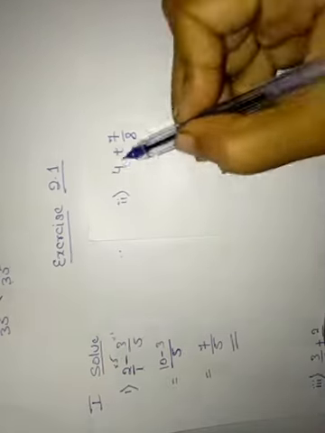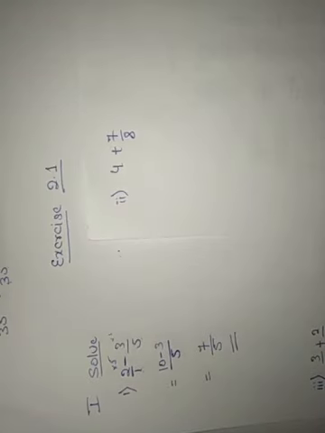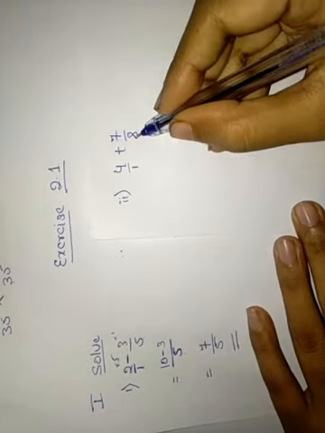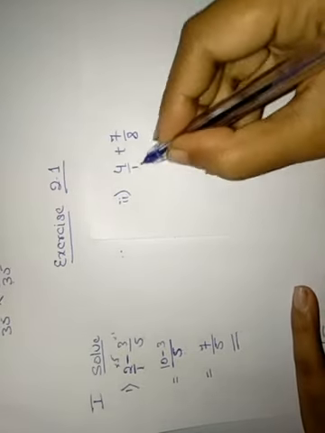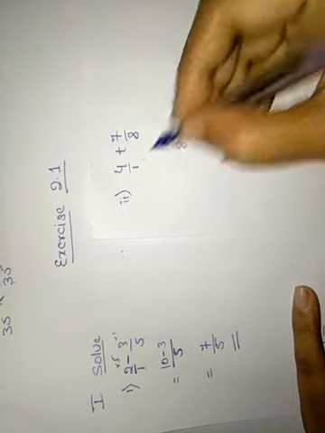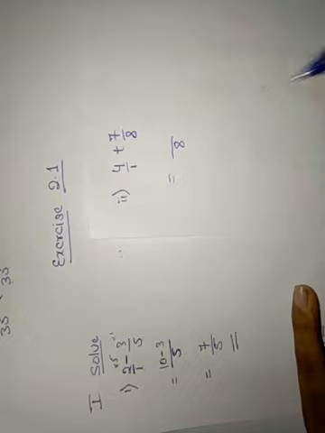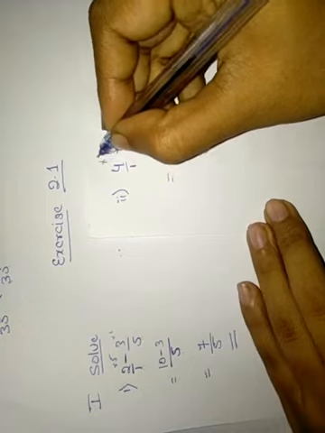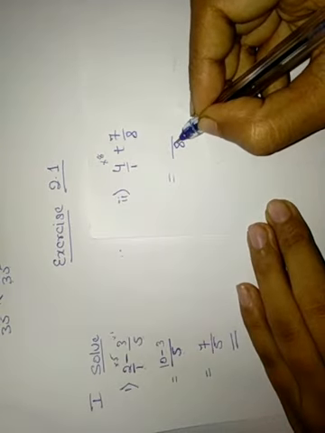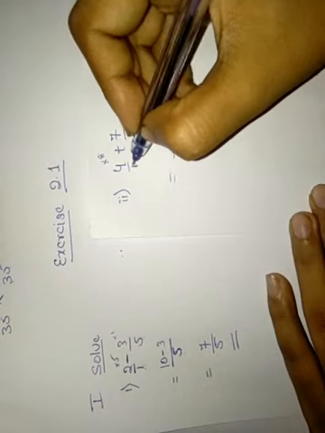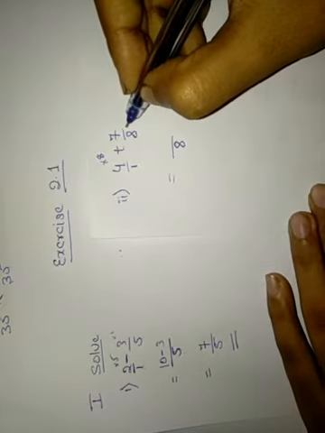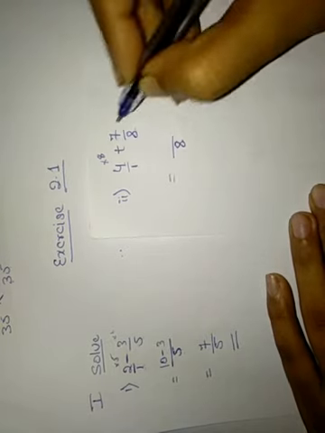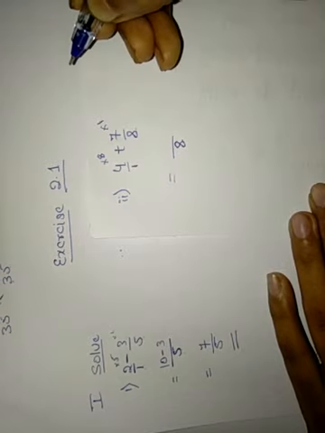Now second problem, 4 plus 7 by 8. The denominator of the 4 is 1, right? Now we'll take LCM. LCM will always be 8 here, because the denominator of the first fraction is 1. To make the denominator 8, I will multiply it by 8 because the LCM we got is 8, yes or no? Here the LCM value 8 is already present, yes or no? For that I will multiply it by 1.